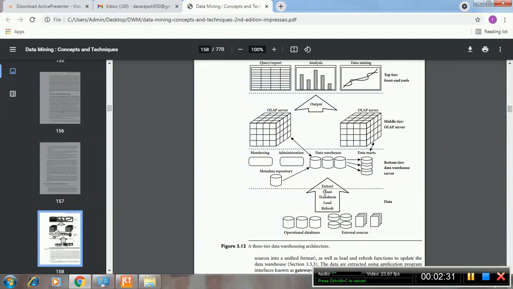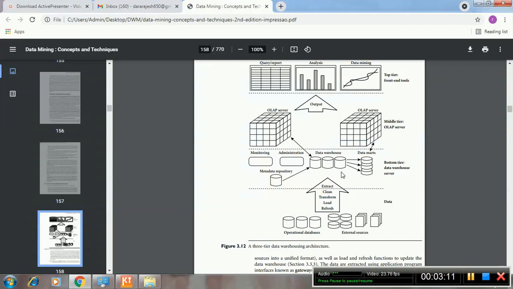First of all we are going to clean the data, that is, unnecessary, noisy data is going to be cleaned. After cleaning, the data is going to be transformed, like normalization, aggregation, classification, and that transformed, normalized data is going to be loaded into the data warehouse. So whatever data we have pre-processed is going to be extracted.